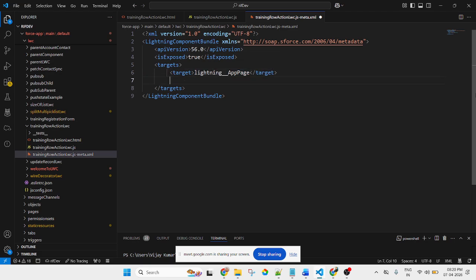Copy, paste 3 times: lightning record page, home page. So this component will be exposed on 3 pages: web page, record page, and home page.